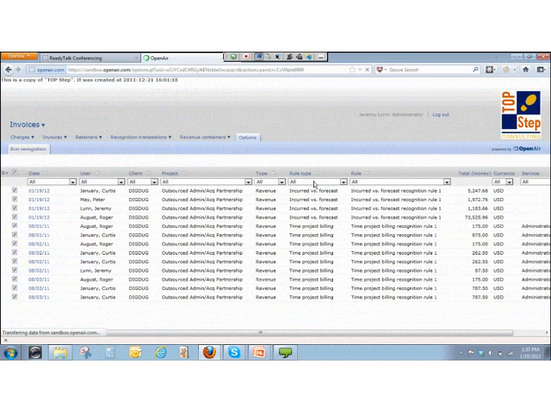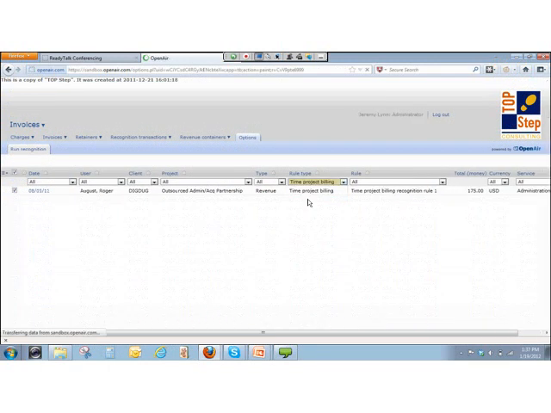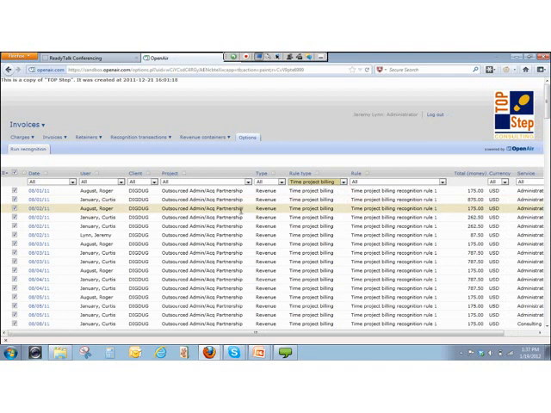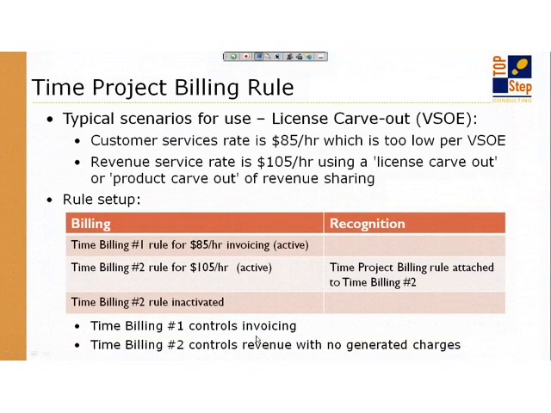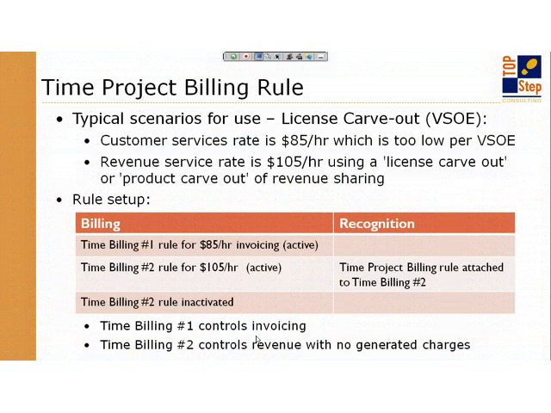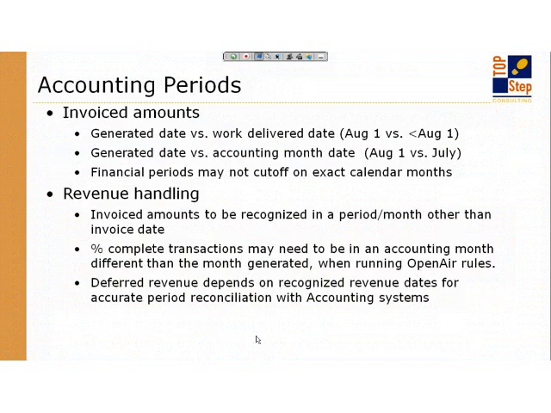So here is all of the timesheet data being processed by that time project billing rule for revenue recognition. And the rate is actually $175 an hour versus the $125, which is what the customer was going to see. Accounting periods are very useful because sometimes you're taking revenue on a different date or a different month than when the invoice was generated. So a great example is